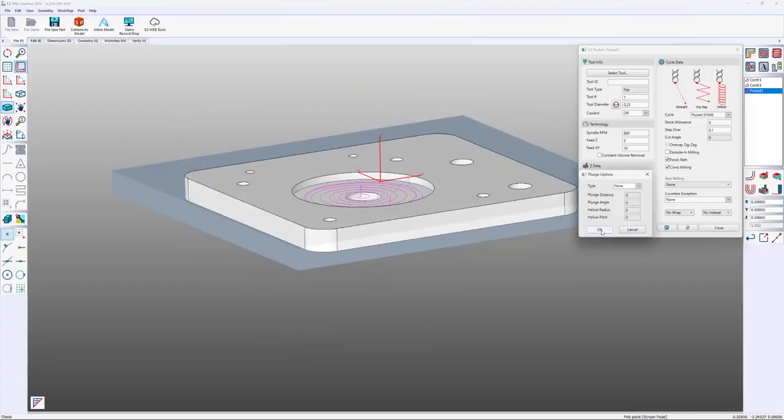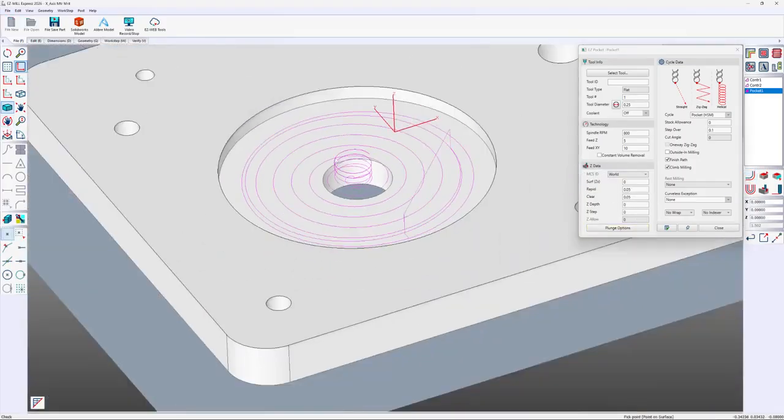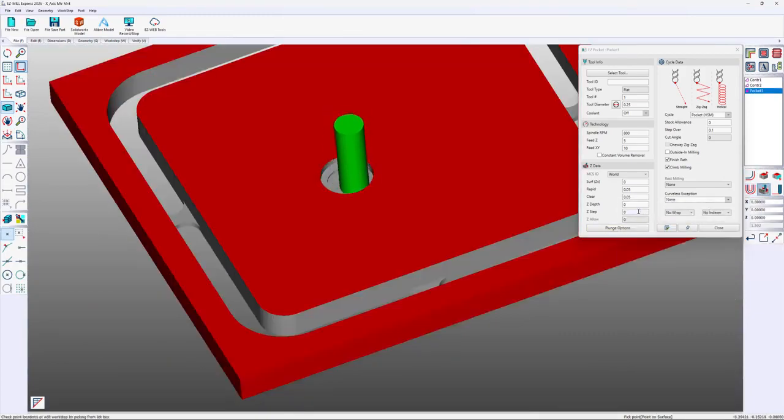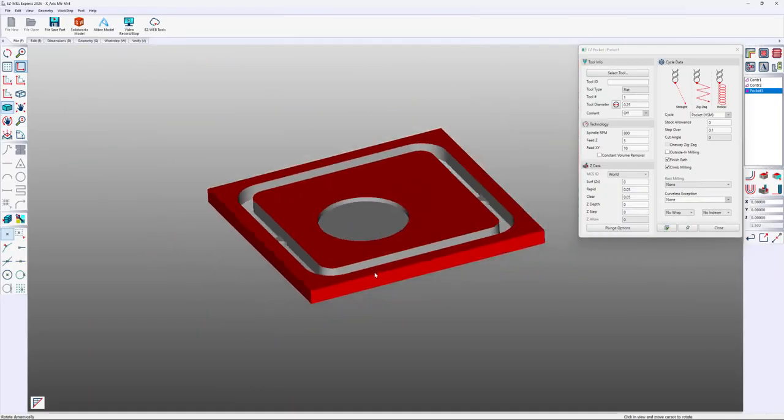Let's go with a plunge option. We'll change this to helix. The radius, let's go with 0.1. And the pitch every revolution, let's go 30 thousandths. There's our helix. So that's a practical approach.